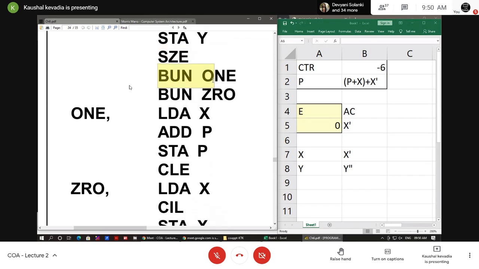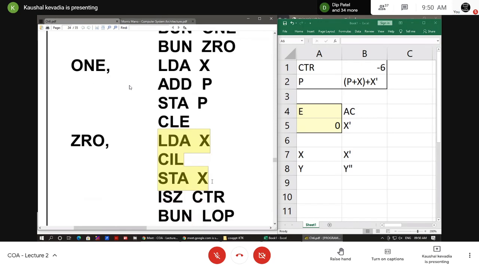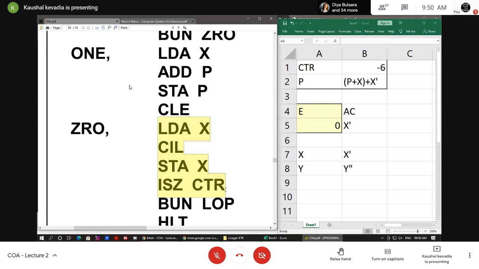So what I have to do that this instruction is skipped because SZE क्या कहता है कि skip if E register is 0. So if E is 0, we have to skip this instruction. So where we have to move that directly BUN to ZRO, branch to this label name. तो डायरेक्ट डिफॉल्ट ये जो X की जो शिफ्टिंग ऑपरेशन थी और काउंटर को प्लस करना है, वहां पे मेरा ट्रांसलेशन चला जाएगा. एंड आफ्टर द कंप्लीशन ऑफ ऑल द काउंटर इनिशियली माइनस नेगेटिव साइन था, हर एक बार उसको